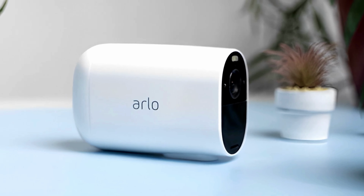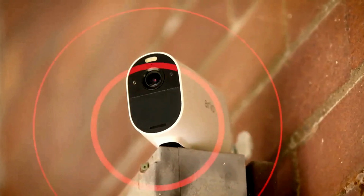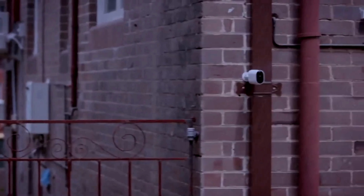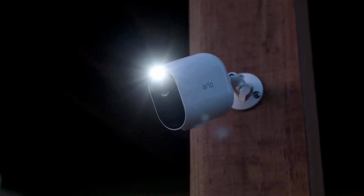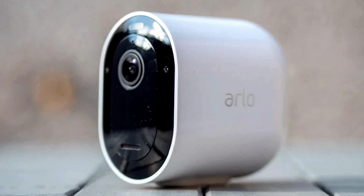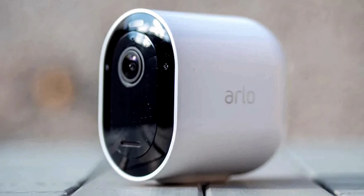some of its competitors. The camera has other useful features like a strong, weather-resistant case and a wall mount kit that lets you use it outside in places like gardens or parking lots. It also has a night vision mode and a built-in spotlight and siren for extra security as well. The Arlo Essential XL has a slot for a micro SD card so you can record videos right on the